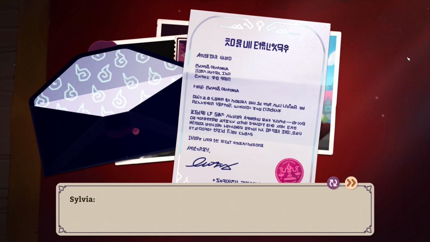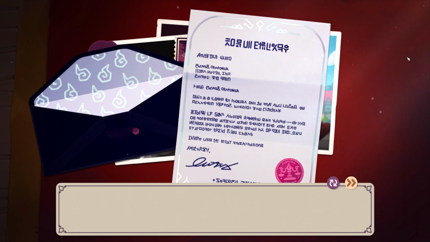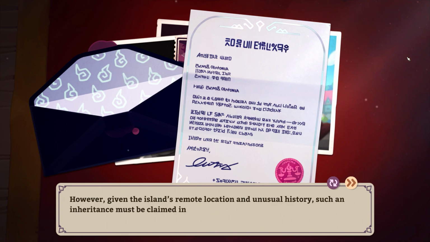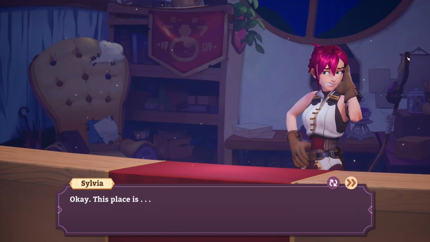When it comes to the plot, it's nothing new in the beginning. Your uncle passed away in mysterious circumstances, and our protagonist Sylvia has inherited his potion shop. And since making potions is what she's into, she takes on this inheritance and moves to Rafta. Sadly, the shop is not only in shambles, but in debt as well,